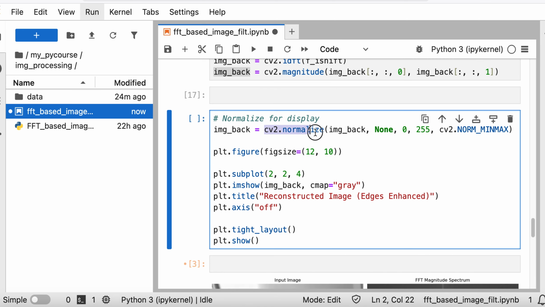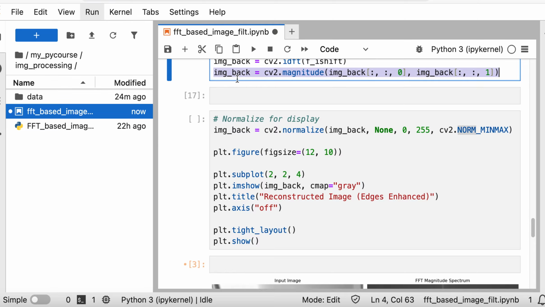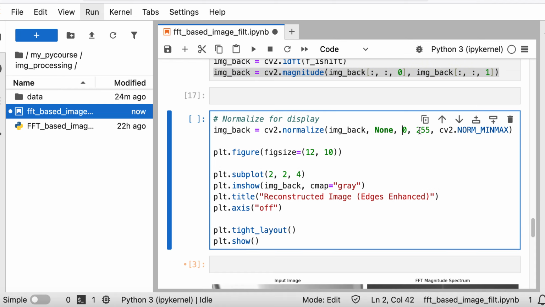OpenCV has this normalize function where you put in your data or your image, and then you tell it the range that you want. So we want it to go from 0 to 255, and for the method we tell it to normalize based on the min max. So basically it will look for the minimum value and the maximum value contained in this data, and then it will scale it so that it goes from 0 to 255. That's pure math. You don't have to use this function. You could work it out based on the math you learned in school, but there's already a function here, so you could also use that. And with that, we'll have our image back,